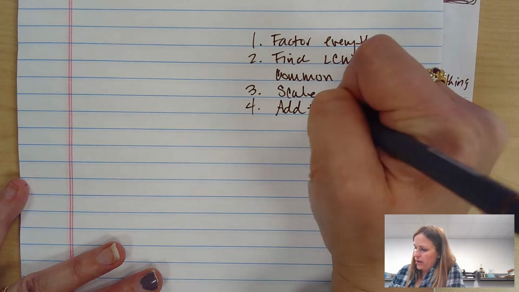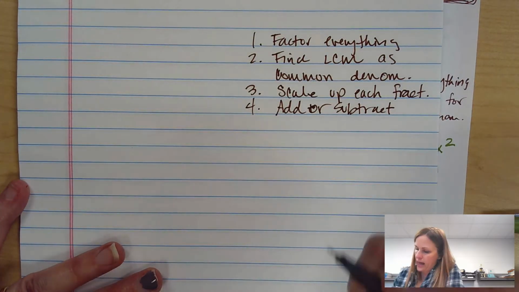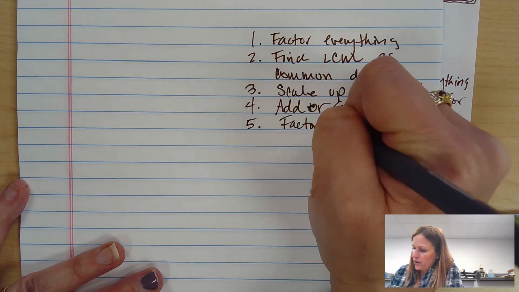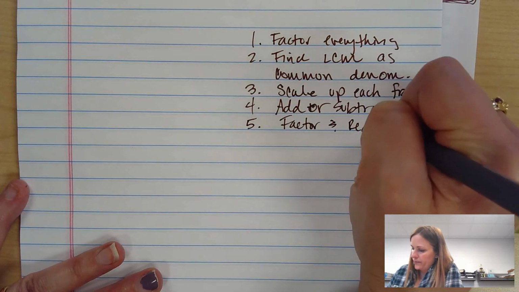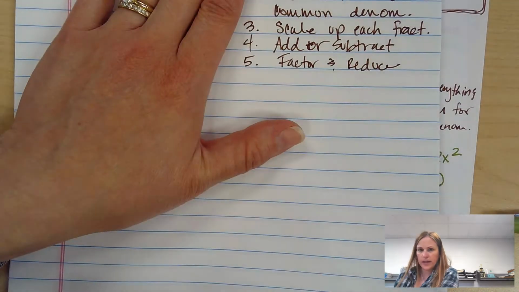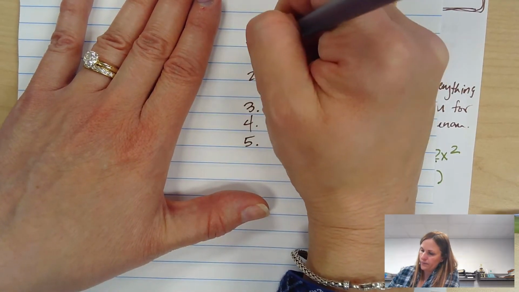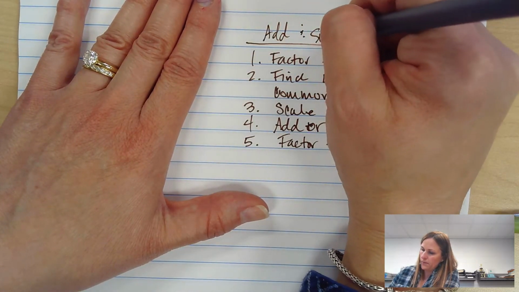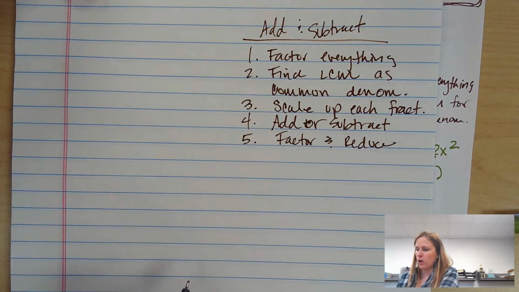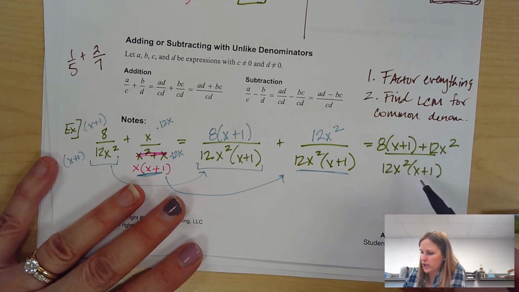So obviously here we added. We keep the same denominator and then add or subtract the numerators. And then step 5 is to factor and reduce. So I want you to remember those steps. This is my game plan that I use any time I'm adding or subtracting fractions. Anytime I have a rational equation or rational expression that I'm adding or subtracting, I follow these steps. All right, so what that means is on this problem, in order for me to factor and reduce, I